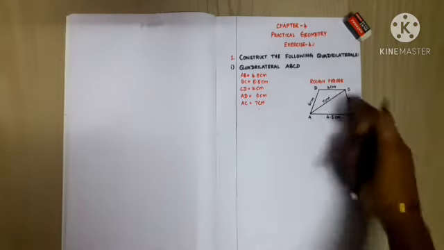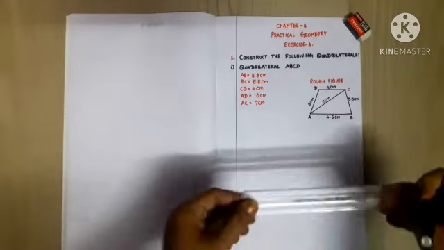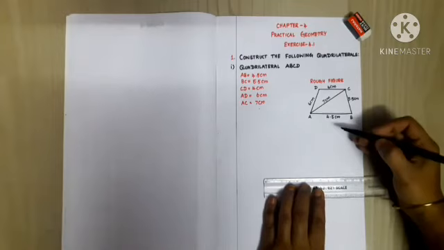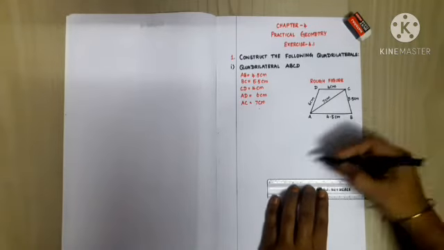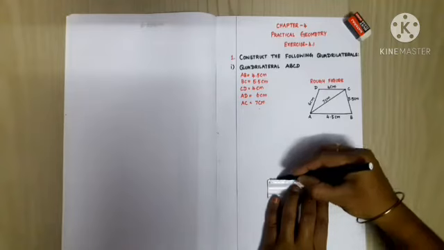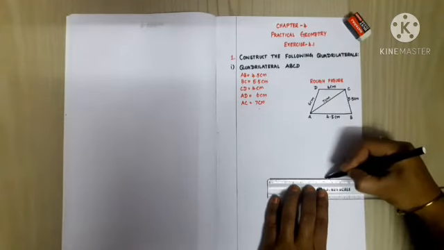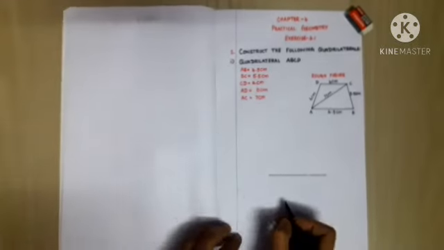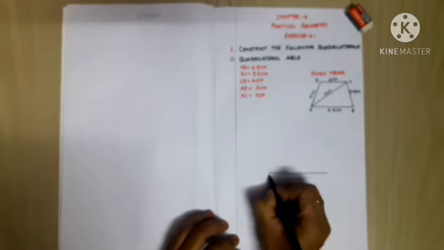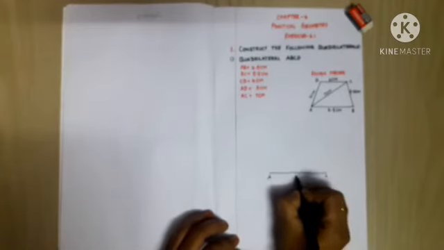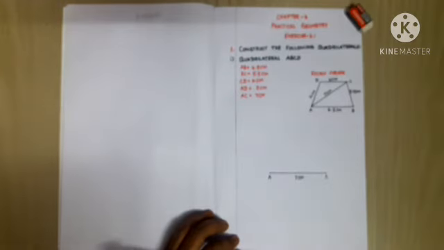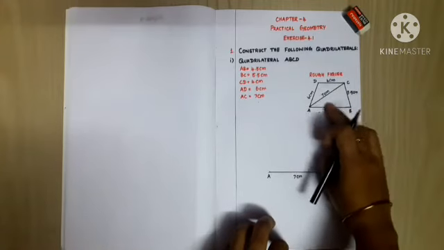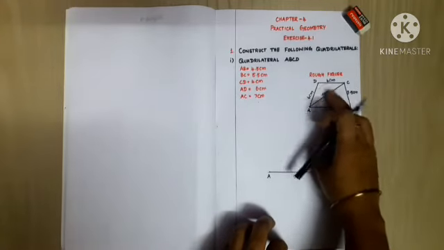First I draw the AC line. Okay. So by using the ruler, just draw AC with 7 centimeter as the measurement. I just draw the line segment AC as 7 centimeter. Now on the top I am having one triangle and on the bottom I am having one triangle, and the middle AC is the common line for both the triangles.